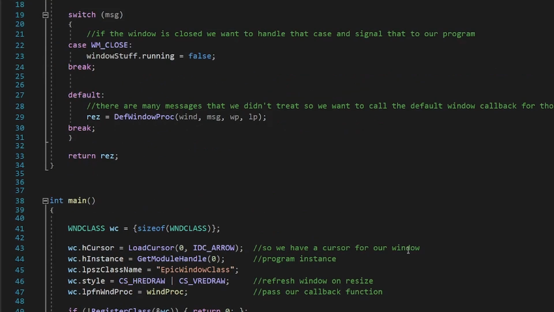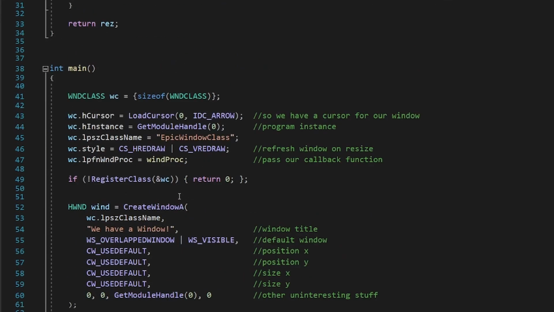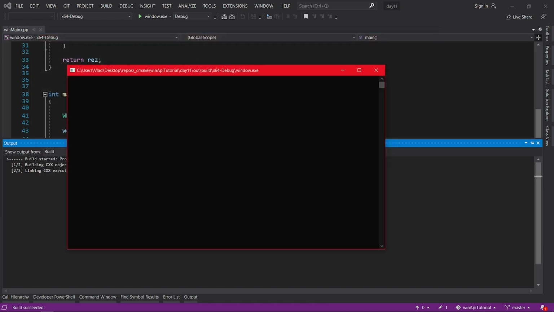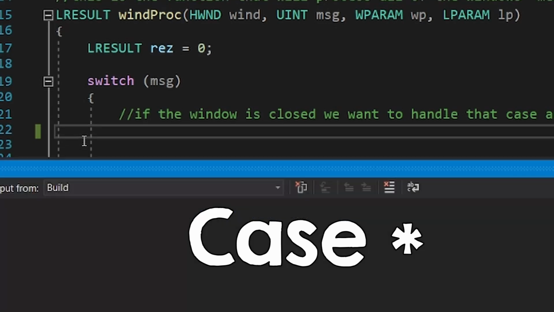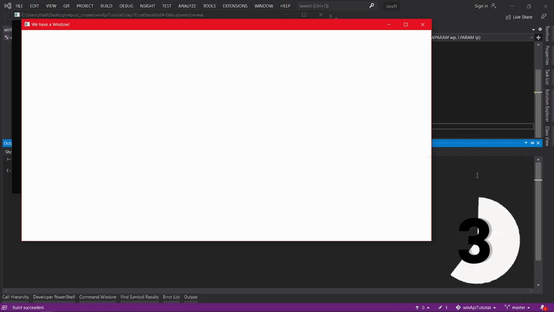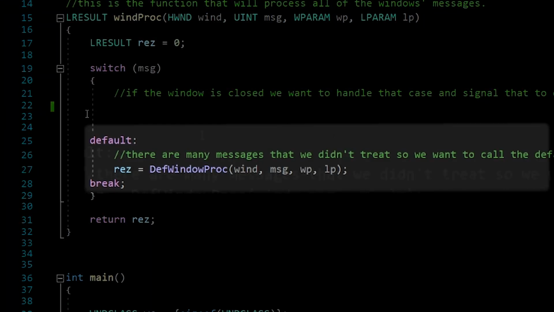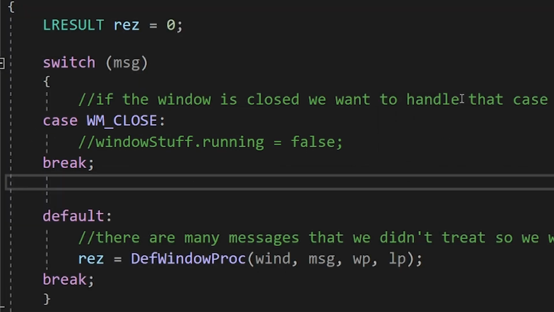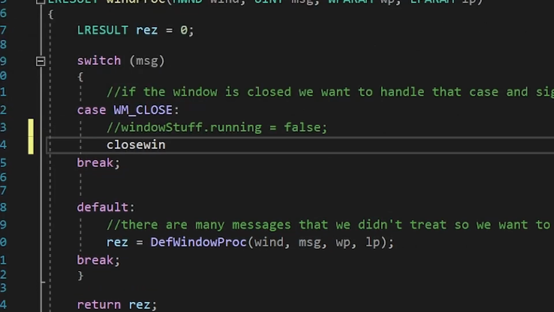Okay, so if you paid attention, you probably realized that since we have a default window callback, we can just pass it here, instead of making our own. And we can totally do that, but of course that also means that we can control stuff about it later. Next, I want you to think about what would happen if we remove this class here. Will closing the window still work? Well, yes, because the message will just be handled here. What if we do nothing in this case instead? What will happen? Well, the window won't close. We actually have to call a close window here for it to close.